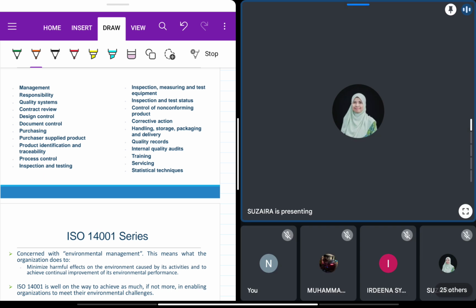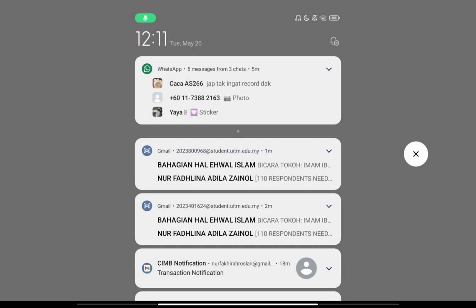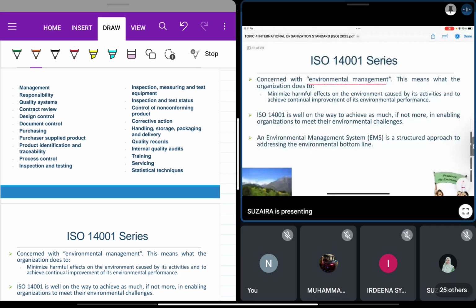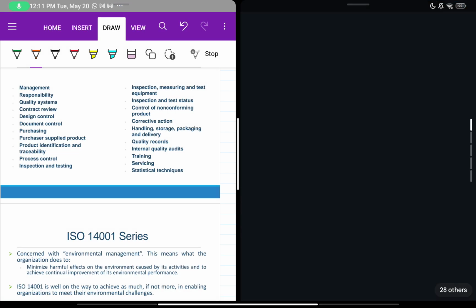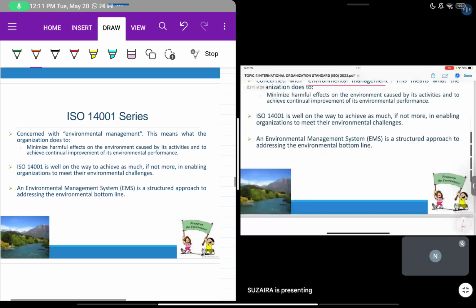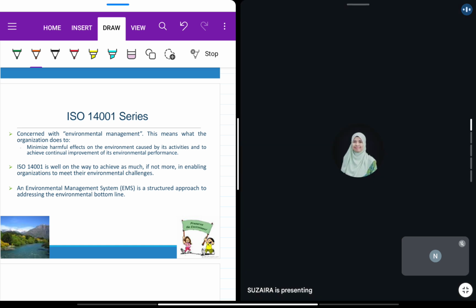More or less, I'm not really touching on ISO 14,000. Just for you to know that 14,001 is under EMS. If you take the elective EVT, I think you will learn about the environmental management system too. And this is how you know more about pollution, how we manage it, release of carbon monoxide, and reducing the greenhouse effect. Global warming would be other EMS.